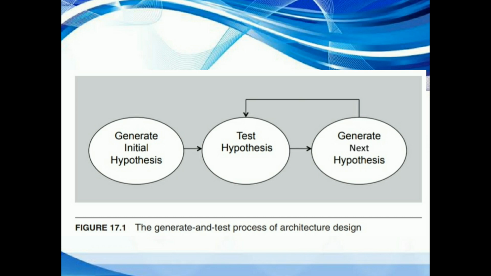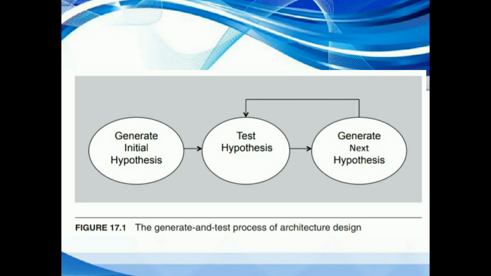See here, after applying the test, you might be done, everything looks good. On the other hand, you might still have some concerns, especially a list of quality attribute problems associated with your analysis of the current hypothesis, and these problems are solved by the tactics that are intended to improve a design with respect to a particular quality attribute. And after this process, it will go to the terminate process, that is the final step.